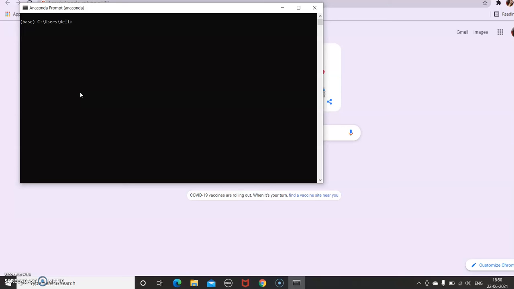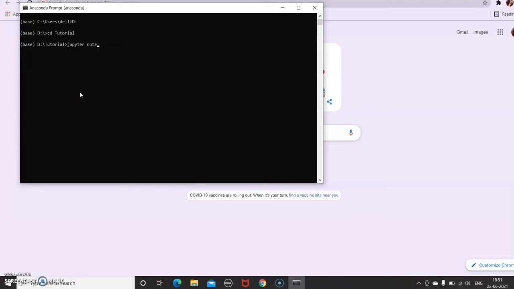Suppose I have a D drive, and there I want to launch my Jupyter Notebook. What I'll do, I'll go to my D drive. This is how you can go to any of the drives. Then I can simply launch my Jupyter Notebook here also, but inside D drive, I have a folder named tutorial, T-U-T-O-R-I-A-L, tutorial. And inside this tutorial, I want to launch my Jupyter Notebook. Press enter, and to launch Jupyter Notebook, write